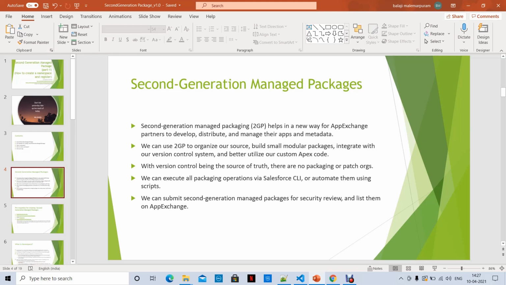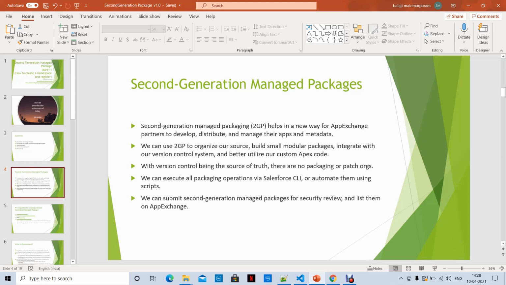See here, second generation managed packages. Usually, second generation managed packaging is a new way for AppExchange partners to develop, distribute, and manage their apps and metadata. In first generation packages, we always need to maintain our metadata components in our Salesforce instance, and then you can create your managed packages from your Salesforce instance user interface.